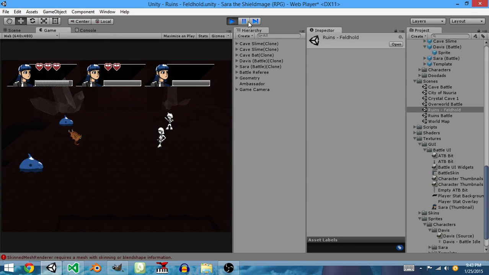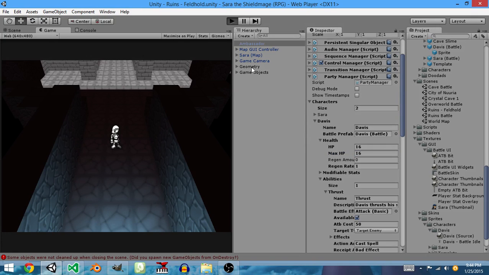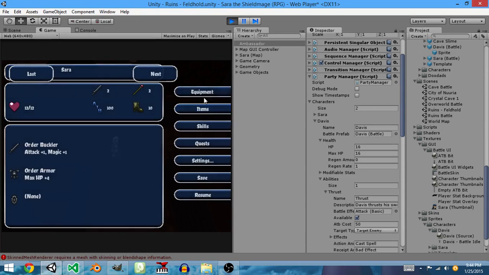Okay. So we still have some problems. Sarah's got a full ATB bar. Davis's hearts are kind of off. If Davis's armor is unequipped, he will have no health. That's a problem. I got a little too clever on his HP. He's going to have better armor on him by default. Because, what if you go...